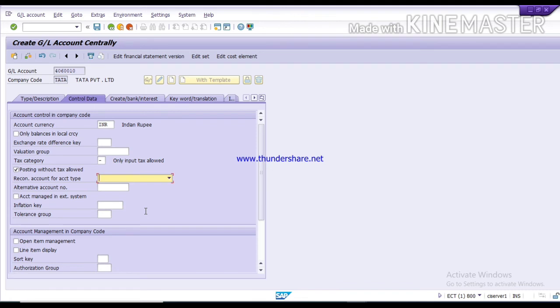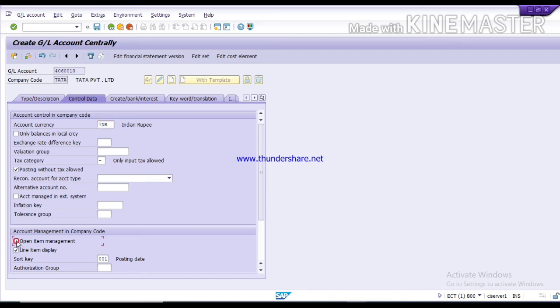Now you can click on this open item management and this line item management, and click on this sort key also. Select any sort key. I have selected 001 and press enter. Pressing enter again and again is recording your fields.